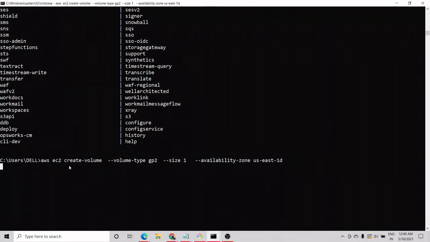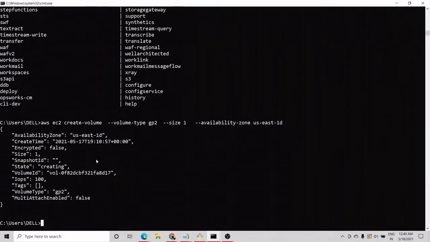EC2. Now we'll create volume. So yeah, volume created. So what command have we used? AWS EC2, and to create volume we have used the create-volume command, and these three are compulsory options, like availability zone. Of course we have to provide it, so that it will create the EBS volume in the same availability zone, and we have to provide size, like how much size we want our disk to be, and volume type, GP2 and all.